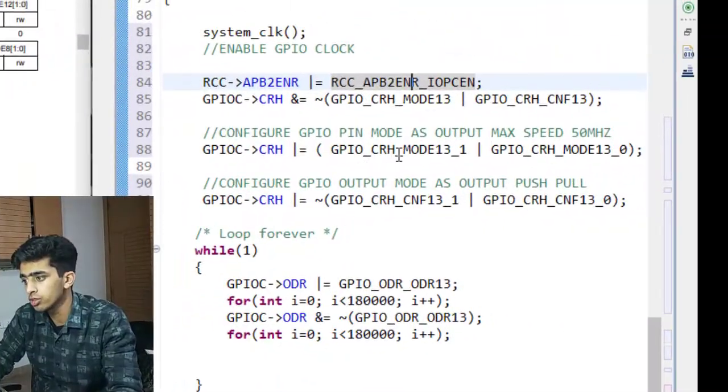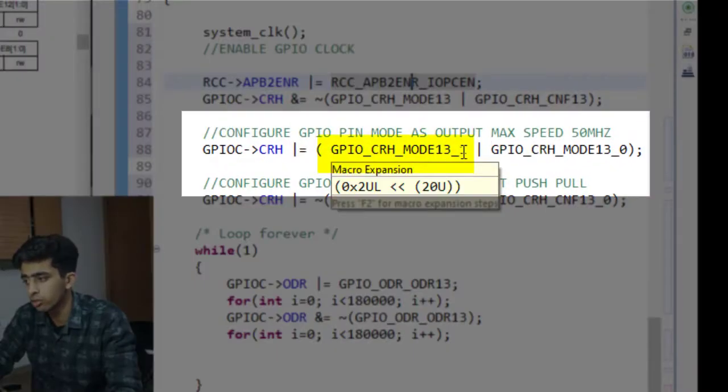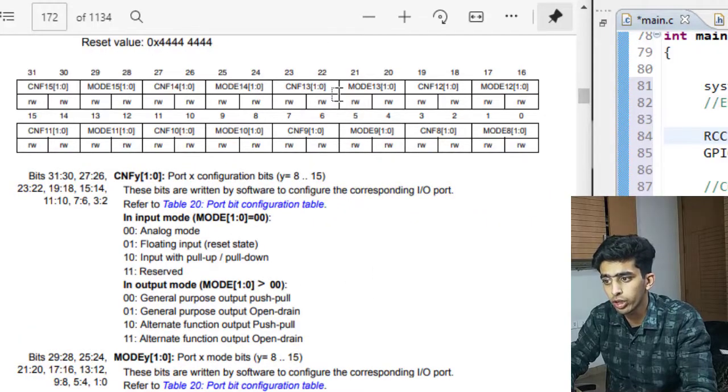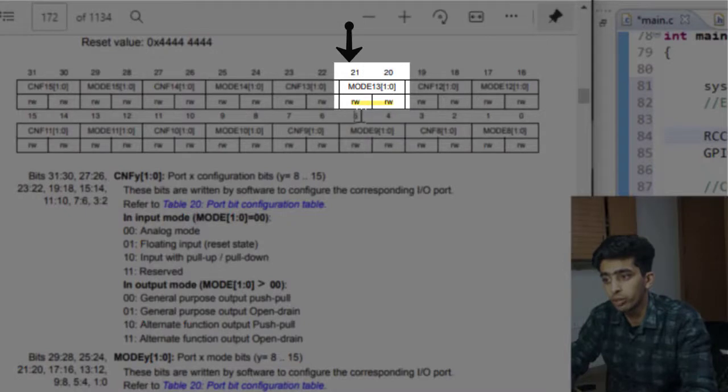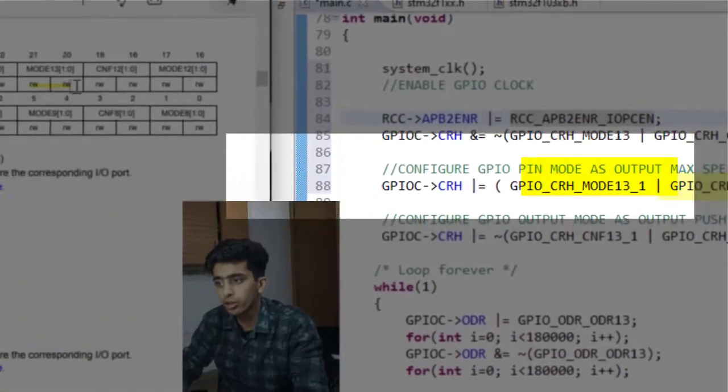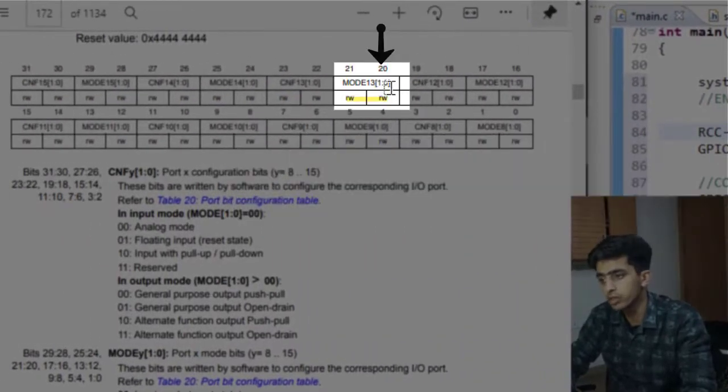So GPIO CRH underscore MODE13 underscore 1. MODE13_1 corresponds to bit 21, and MODE13_0 corresponds to bit 20. As the name suggests, this is 1, this is 0: MODE13_1, MODE13_0.